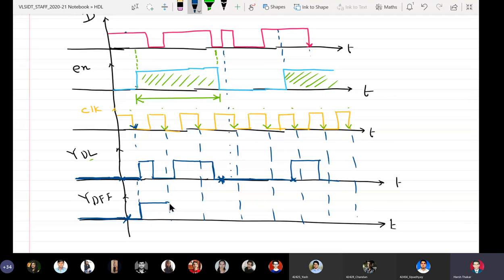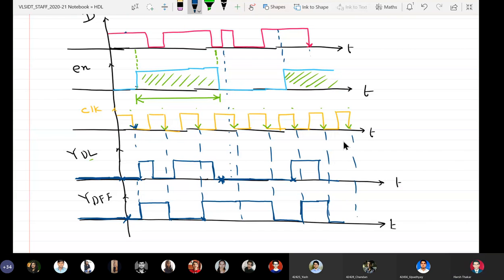So the flip-flop output may or may not change at every falling edge. It will go here, and now again the falling edge is gone, so it will continue like this till here. At this instant, it is getting a 1. As soon as the next falling edge arrives, what is the value? It is again 1, so it will continue till the next falling edge. Next falling edge, it is 0, come down, again continue to the next falling edge. It is getting a 1 here. Again continue, next falling edge, it is getting a 0 here.